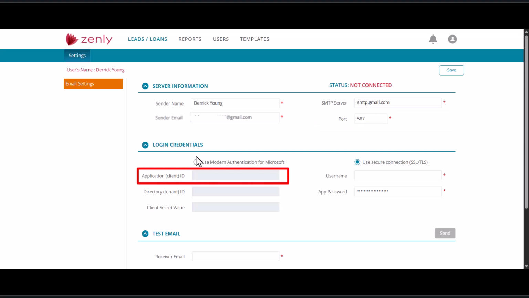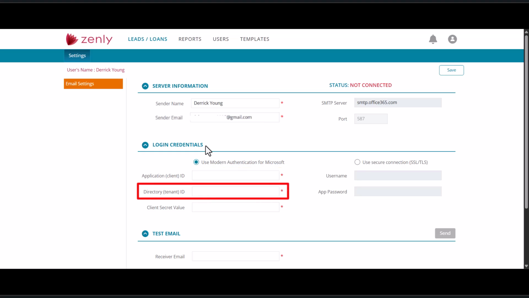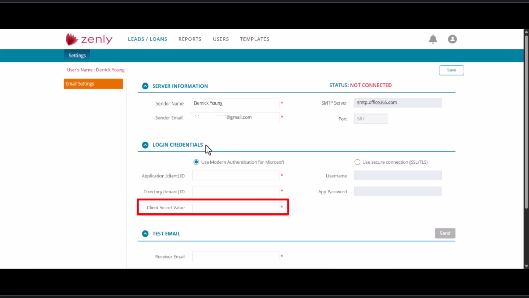Next, we have the Application Client ID. This allows Microsoft's identity platform to recognize and authenticate the application when it requests access to resources. Below that, the Directory Tenant ID. This is used to distinguish your tenant from others in Microsoft's cloud services. Below that, the Client Secret Value. The Client Secret Value is a private key used by applications to authenticate with Azure ID, similar to a password for obtaining access